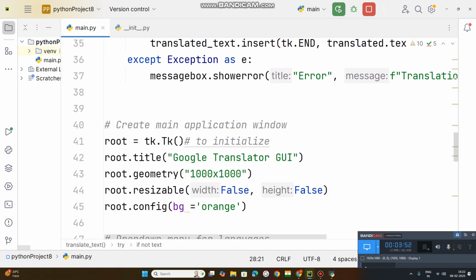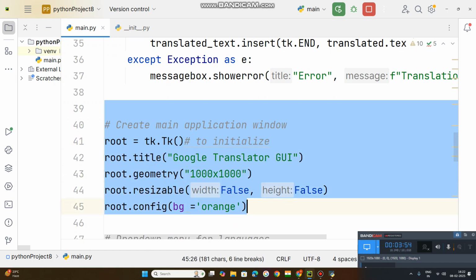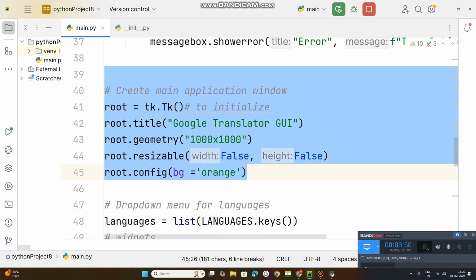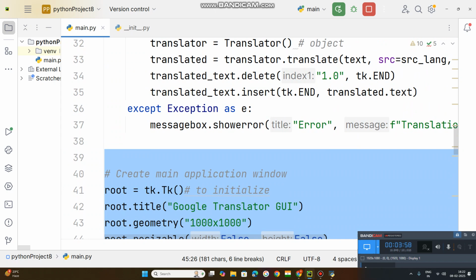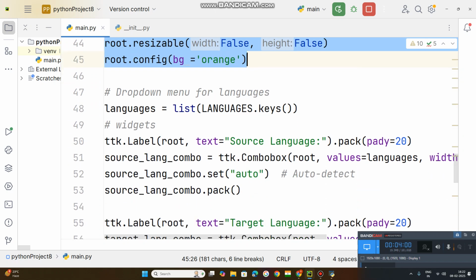Now come to the next. This is the application window. Up to this, the total code is written for the application window, and these are the controls. This is for the drop down menu,